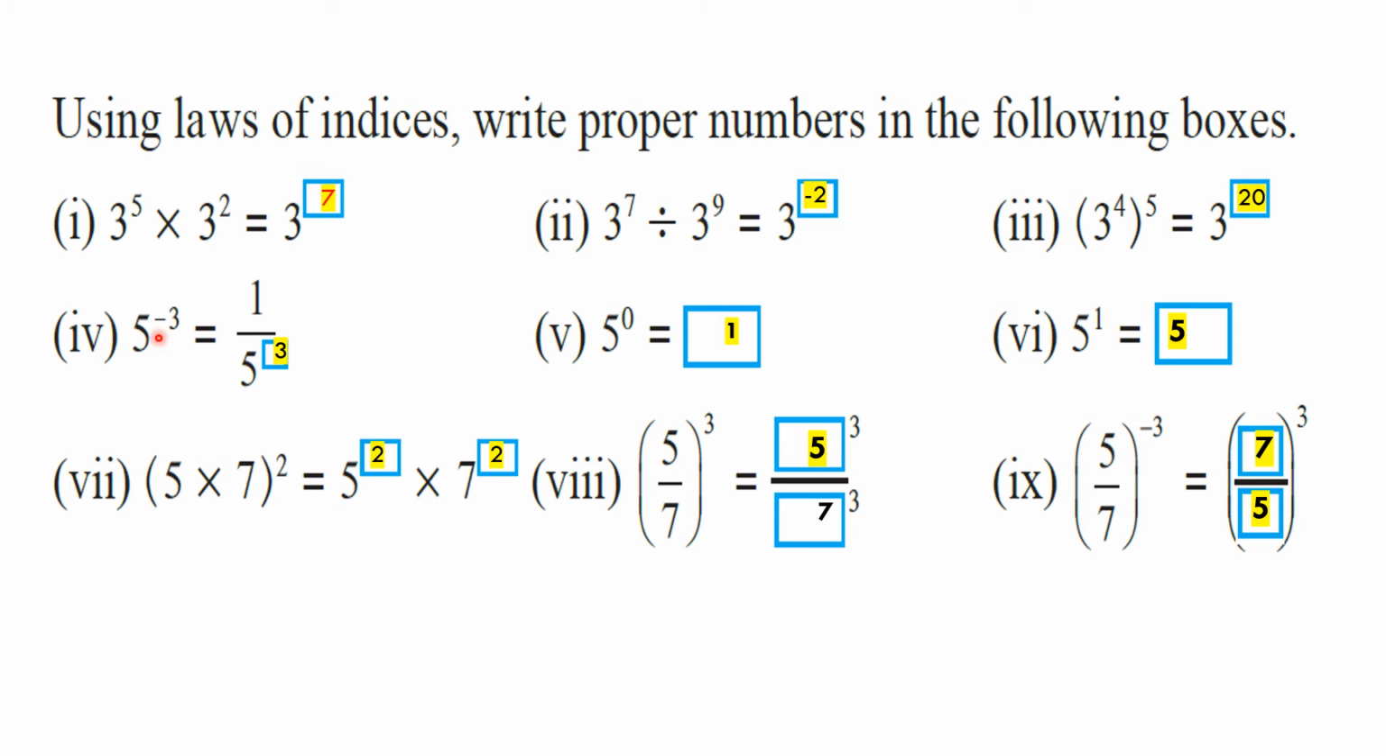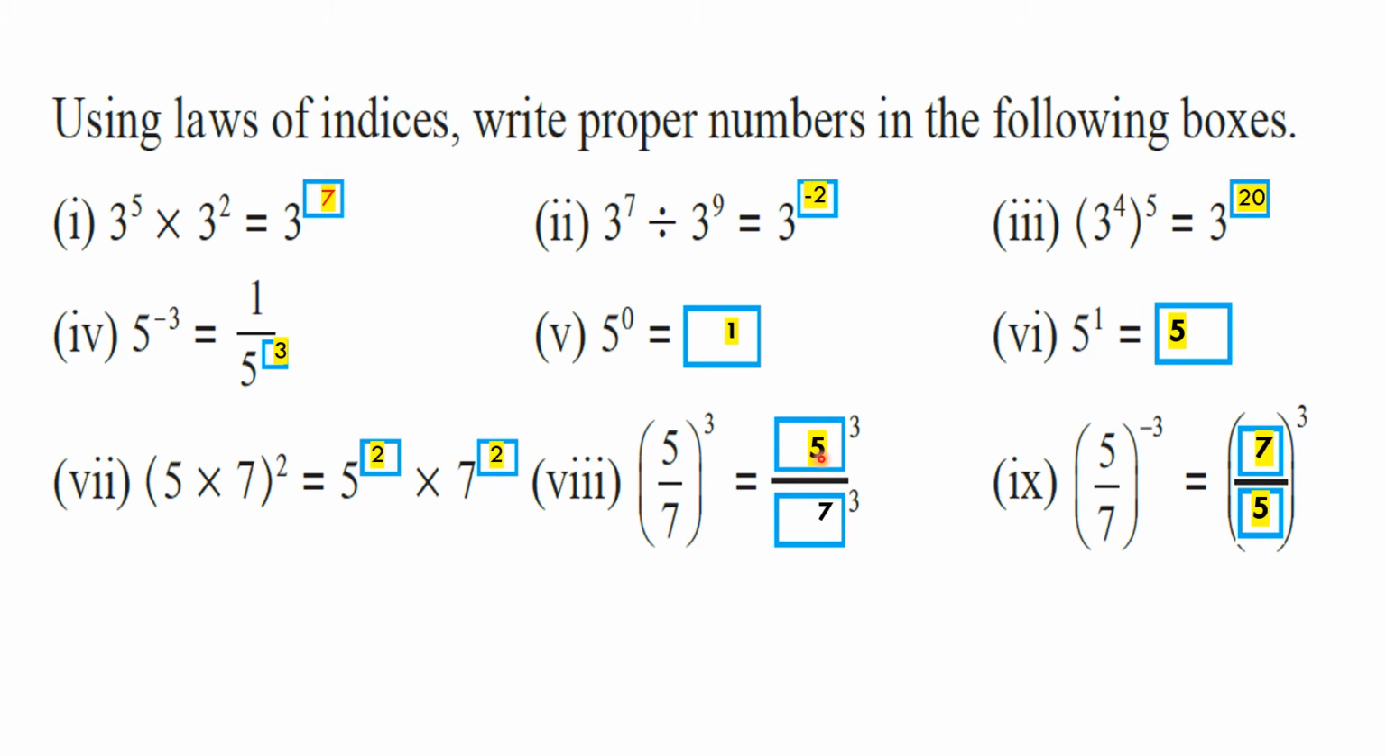5 raised to power -3 is equal to 1 upon 5 raised to power 3. 5 raised to power 0, that means 1. Number 6, 5 raised to power 1 means only 5. Number 7, in bracket 5 into 7 bracket complete raised to power 2 or square is equal to 5 square into 7 square. Number 8, in bracket 5 upon 7 bracket close cube or raised to power 3 is equal to